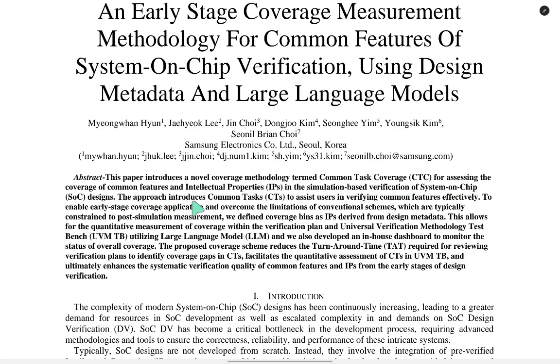The approach introduces common tasks (CTs) to assist users in verifying common features effectively, to enable early-stage coverage application, and to overcome the limitation of the conventional schemes, which are typically constrained to post-simulation measurement. We define coverage beans as IPs derived from the design metadata. This allows for a